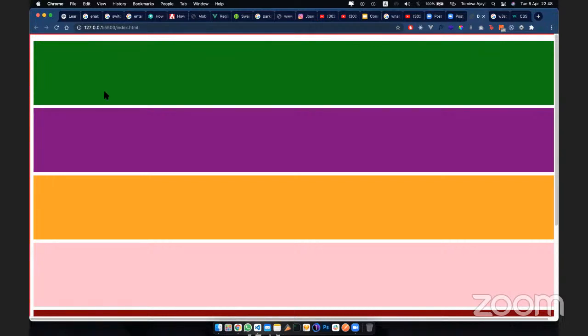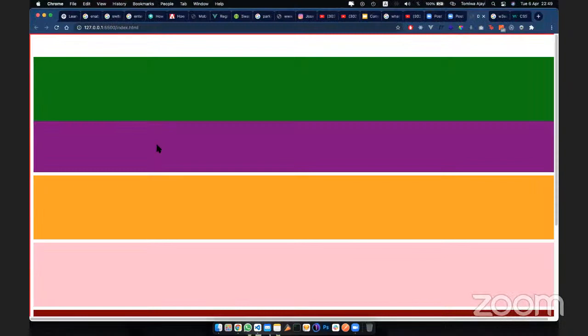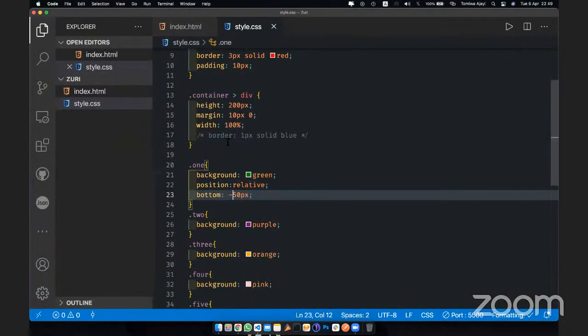Now, let me quickly say this: I don't know if everybody did Cartesian coordinates, right? So if you want to move something up, that's positive. You want to move down, that's negative, right? So if I set bottom to 50 pixels, that means I'm saying move up from the bottom by 50 pixels, which is basically what happens here, right? Now, you can imagine if I say move by minus 50 pixels, it is moving it down. So from that place here, instead of moving up by 50 pixels, move it down by 50 pixels, which is almost, well,